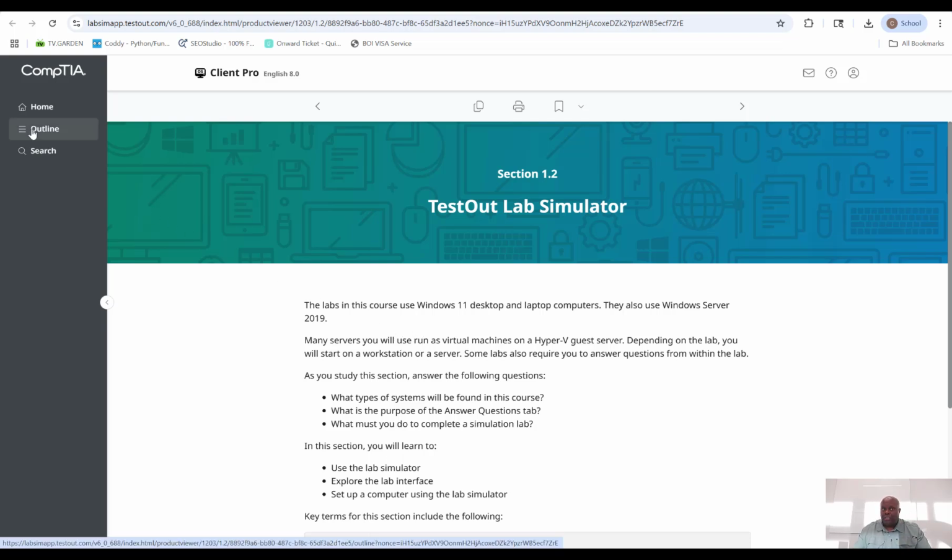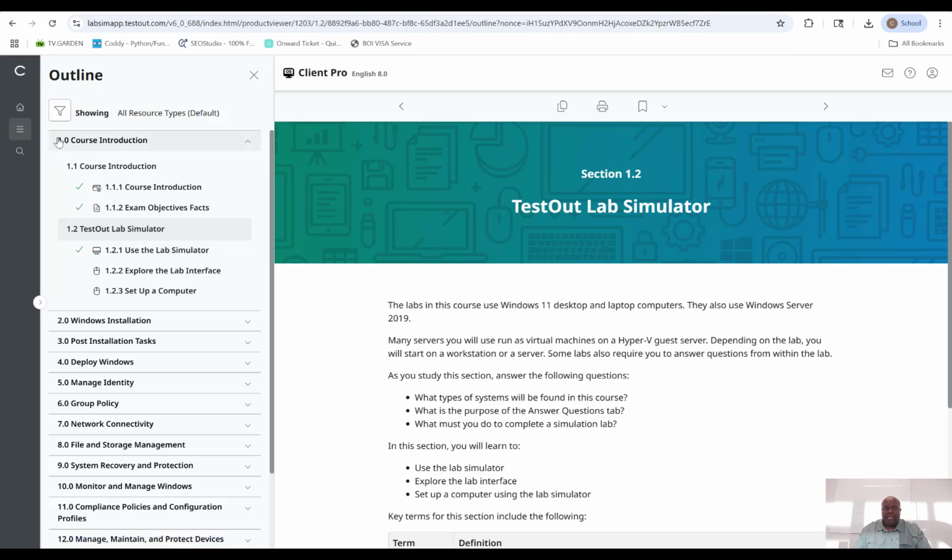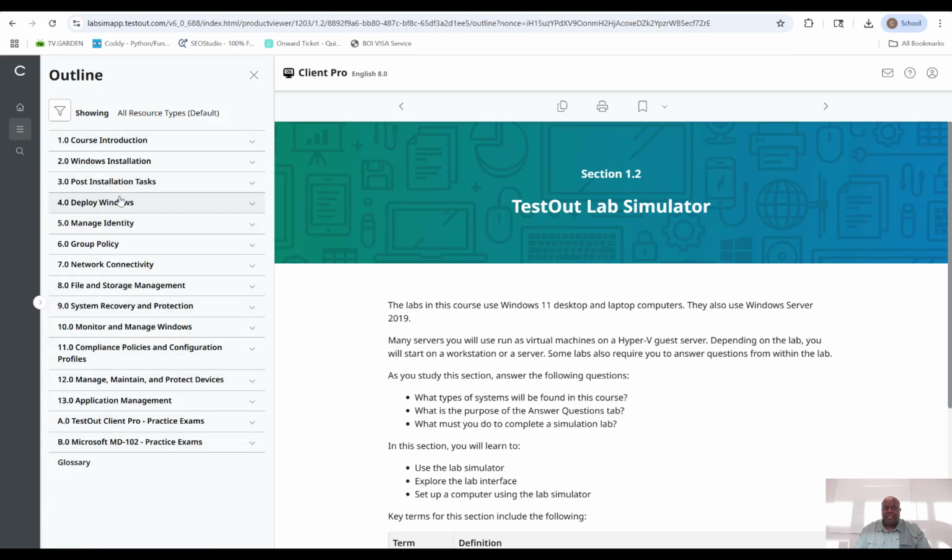I want you to go click on outline. The outline allows you to see everything in here. Now, you may not be able to see this until you actually register. But let's say you're a student who does not have the money at this time to pay for your class. Now, here's how I'm going to help you out. In the syllabus, there's an access key in there that will let you do this work for 2 weeks, free